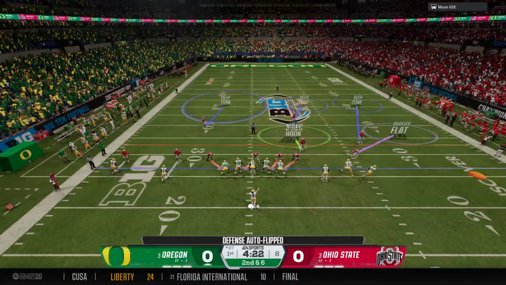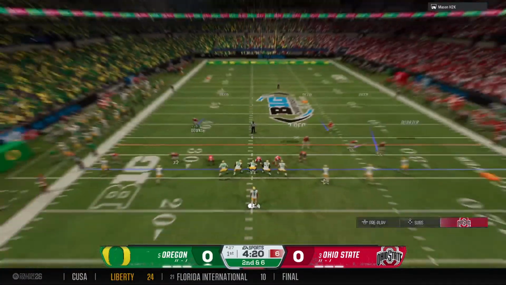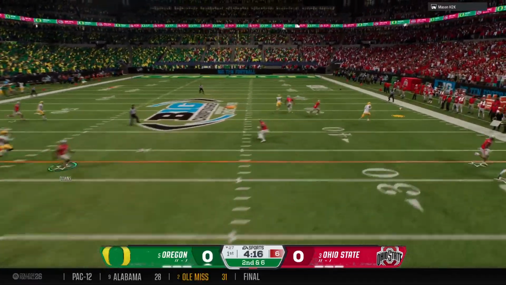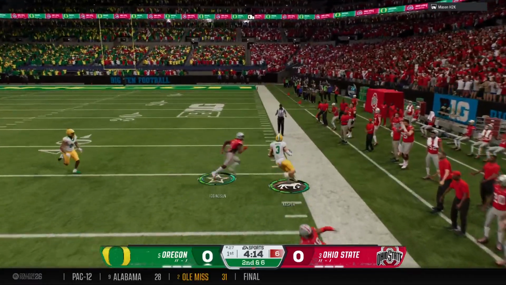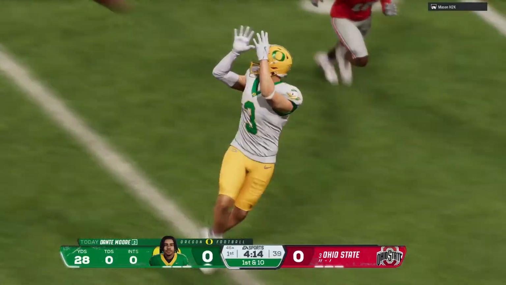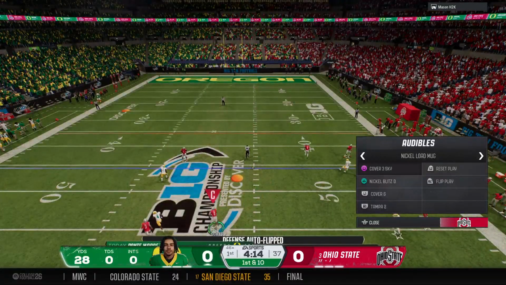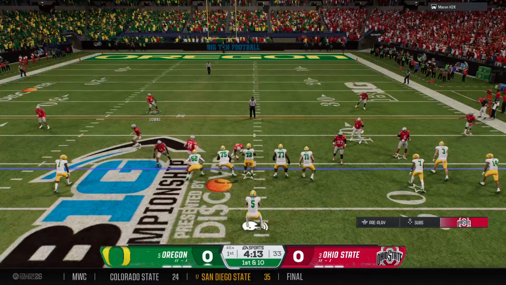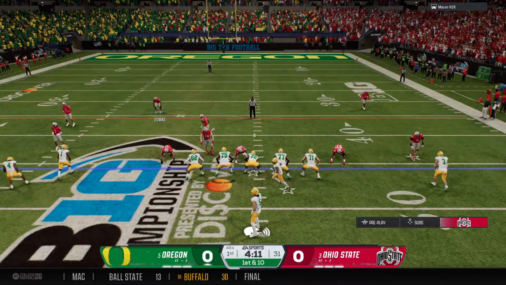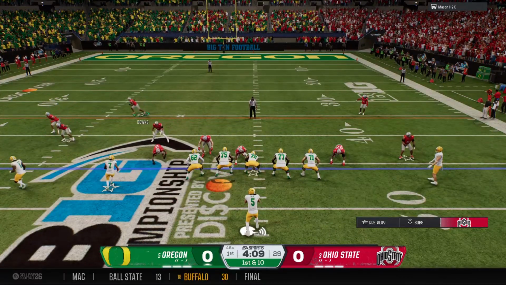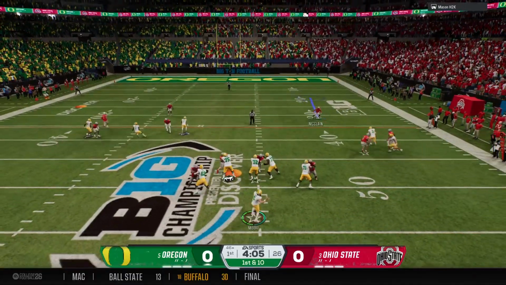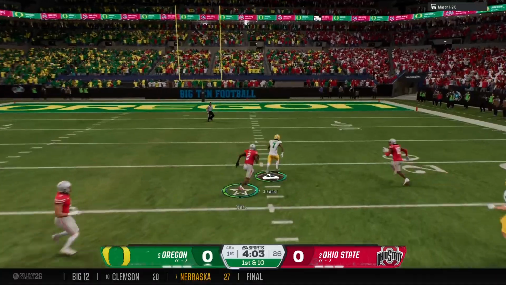Second and medium. Back to pass. It's Moore. Lets it go quickly. Catch made on the right side. That's a big gain. Heads out of bounds after a solid gain. The Ducks looking to run some tempo here. Boy, nice completion here by this Oregon offense to be able to show you it's not just about the quarterback's ability to run. Often you associate that with that Oregon quarterback, right? That dual threat guy that can run it.